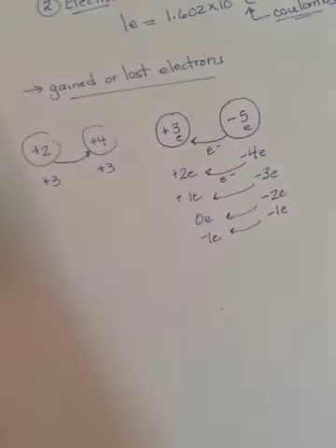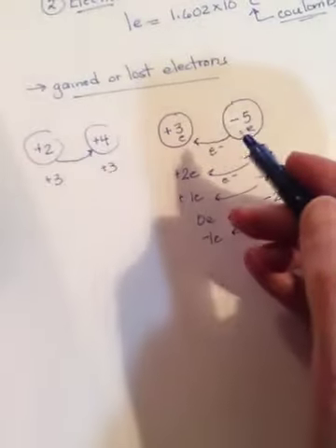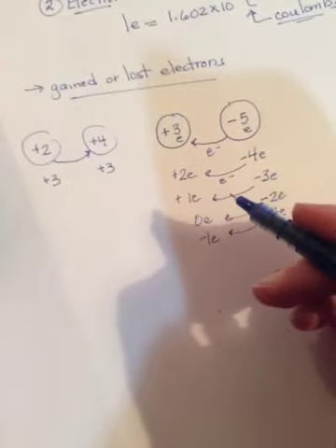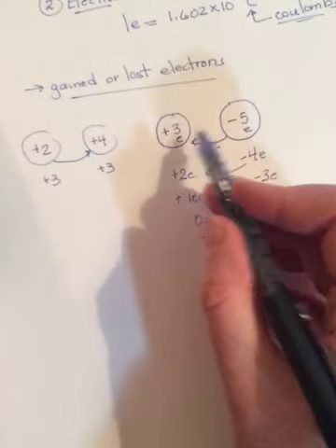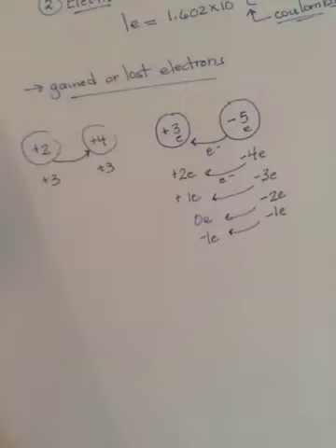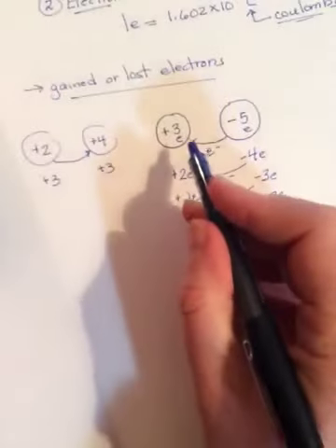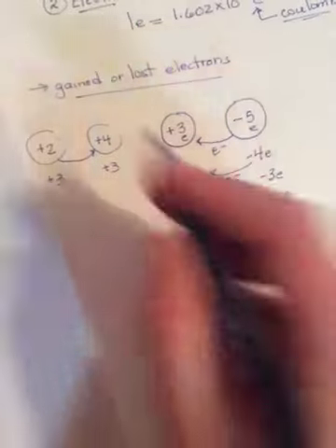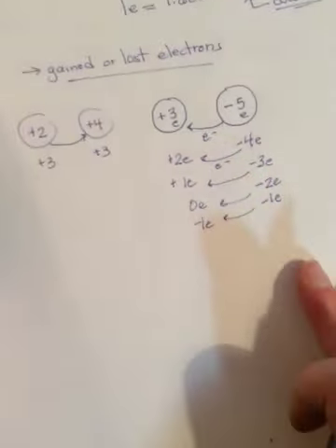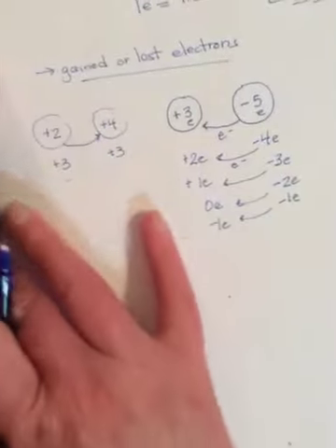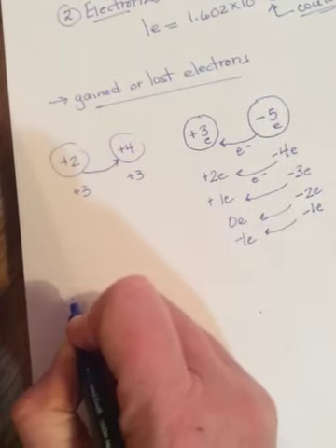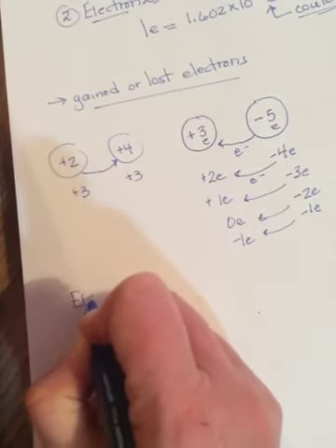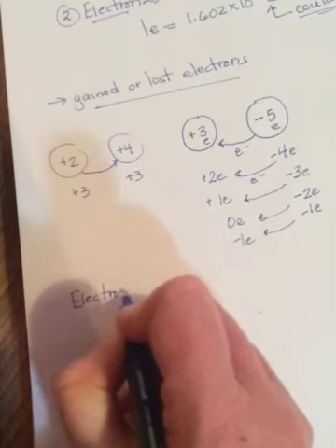And so just like the Earth puts a gravitational force of attraction on us, and just like any 2 masses in the universe put a gravitational force of attraction on each other, any 2 charges in the universe put an electrostatic force on each other. Not necessarily attraction, it could be repulsion. So the electrostatic force